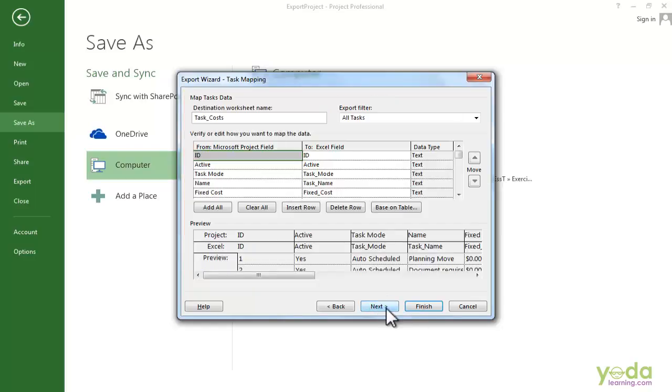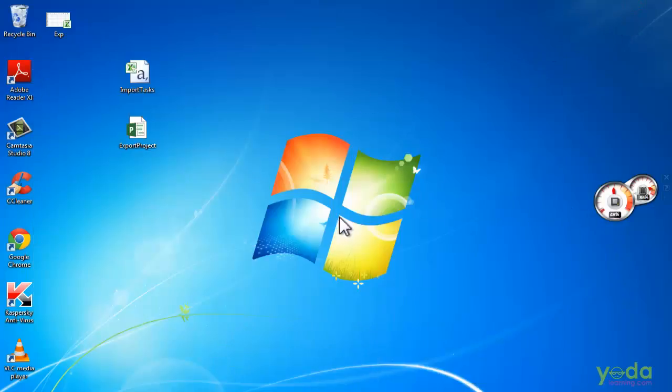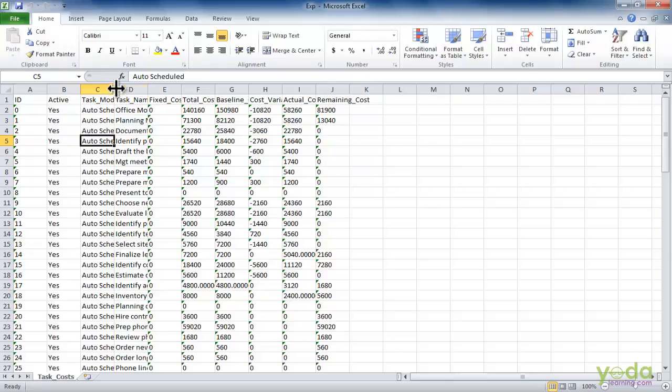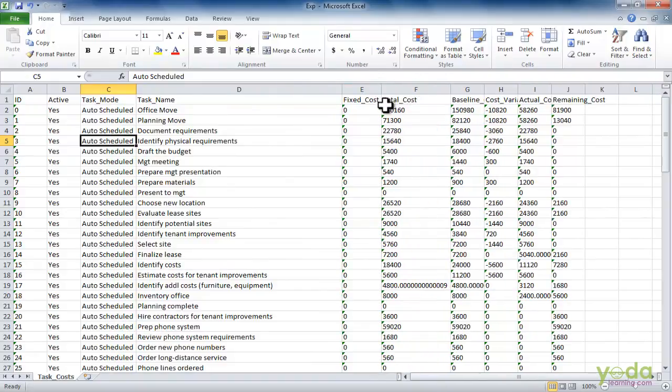again. In this case, Project has everything set up to export, so you can just click Finish. Now Project doesn't automatically open Excel, but the file is out there in Windows Explorer. You can try locating the file. So I'll minimize this and I will open up this file, that is exp. Now here you can see that Project has exported the file.